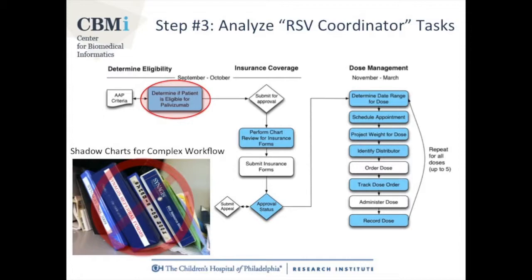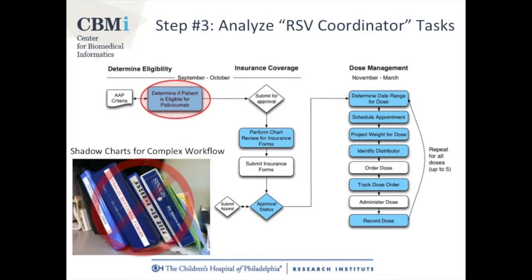So they created tools outside the electronic health record that are based on paper. And there's sort of a notch sign over here indicating that one of the secondary goals of the project was to try to eliminate some of these paper artifacts and bring it into the electronic health record. So there are numerous steps that the referral coordinator, the RSV coordinator, needed to do, including interpreting the AAP criteria, determining who's eligible. There's a whole column of tasks related to the insurance approval process, and then once kids are approved, there's